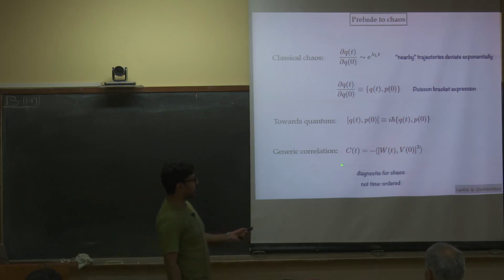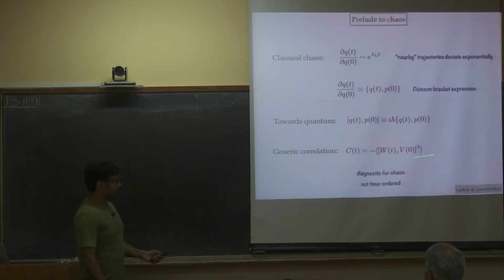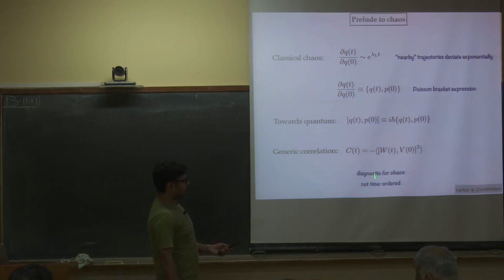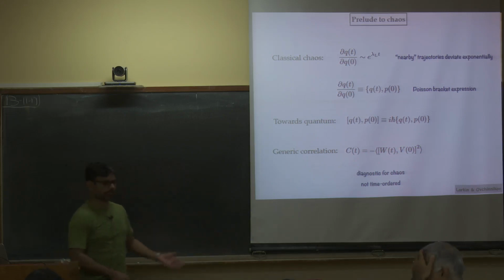So this is basically something that will go as e raised to 2 lambda times t, and you read off the lambda for the systems that you can. So you can already see that, in order to evaluate this commutator, you are actually calculating a correlation function which is not time ordered. So therefore, essentially at the end of the day, it boils down to a calculation where you have to do an out-of-time-ordered correlation function.